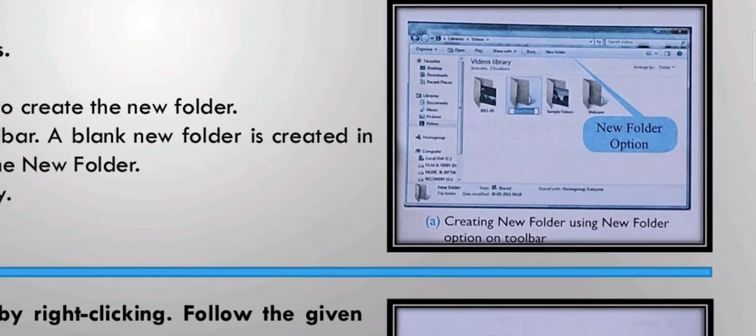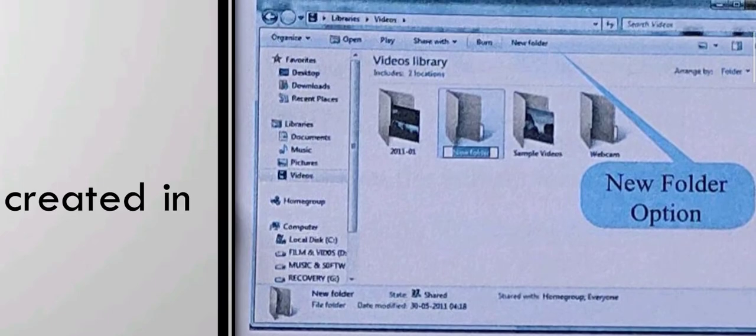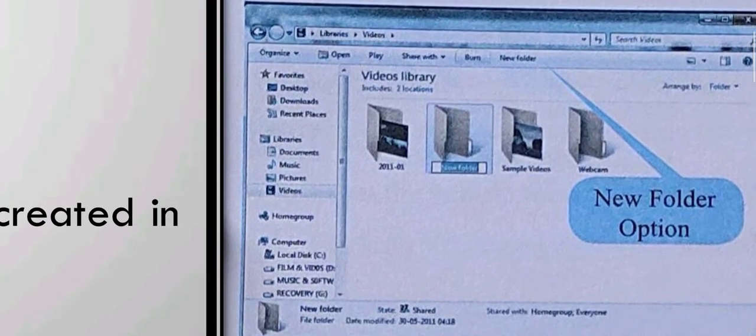Here you can see the image of the folder. When we open some Windows directories, here you can see the new folder option. Then we click the new folder option, and a new folder is automatically created with the default name New Folder. You can easily rename this folder as per your choice. Okay, this is the first step to create a new folder. First we go to Windows Explorer, then we open our desired location and click the new folder option. Then a folder will be automatically generated, and the default name is New Folder. We can change this name according to our choice.